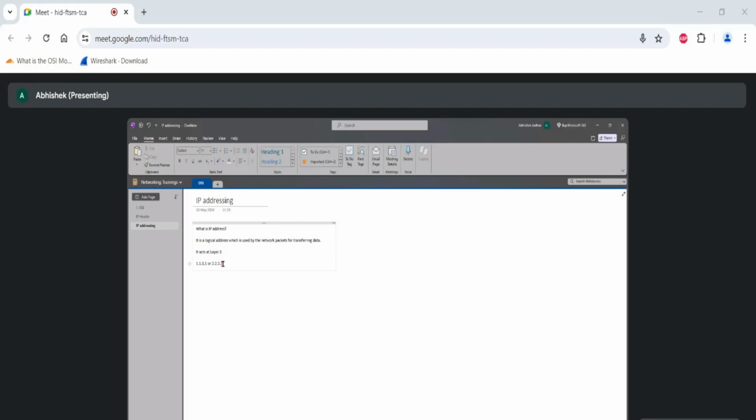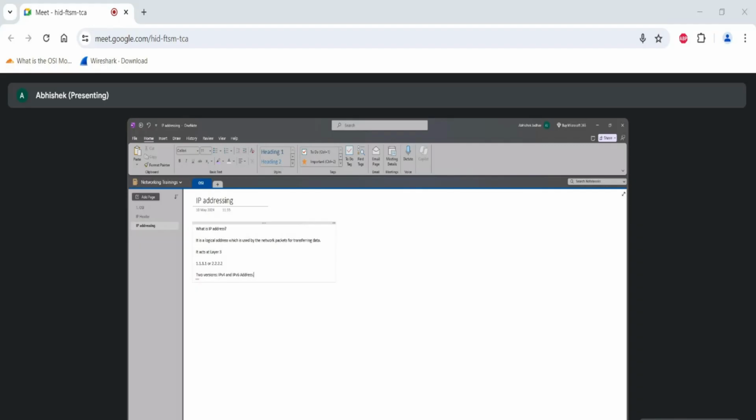So what is an IP address? It's simple. It is just a logical address which is used by the network packets for transferring the data from one router to another router, right? And it generally acts at layer 3, as we are aware, because IP is a network layer protocol. So it acts in layer 3 of the OSI model, right? So how many variants of IP are there? There are two versions, which is IPv4 and IPv6,